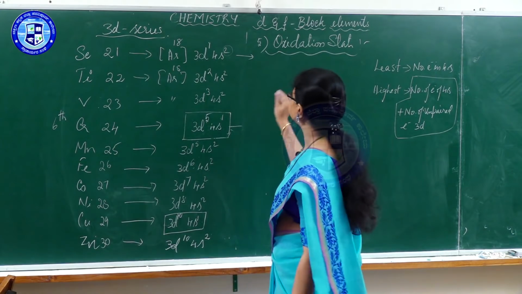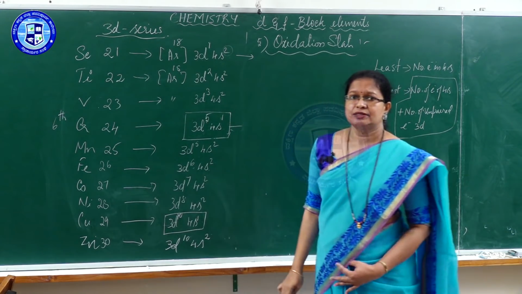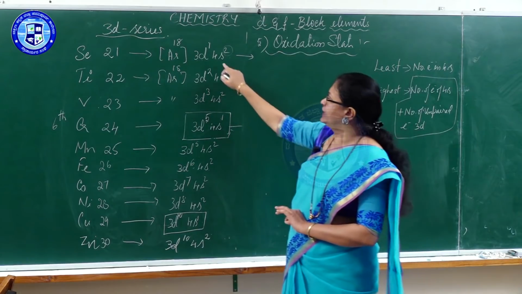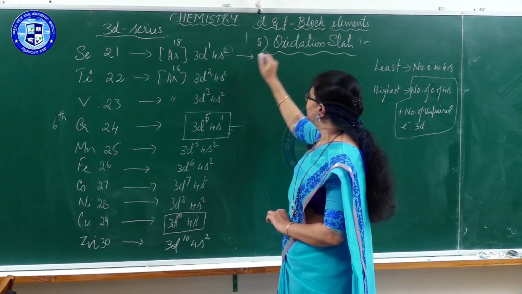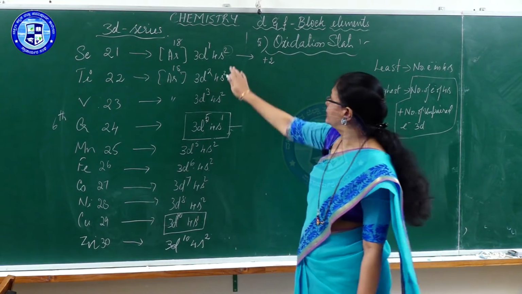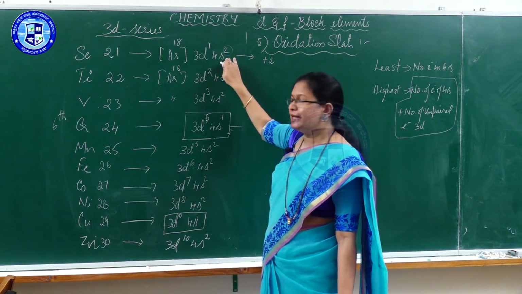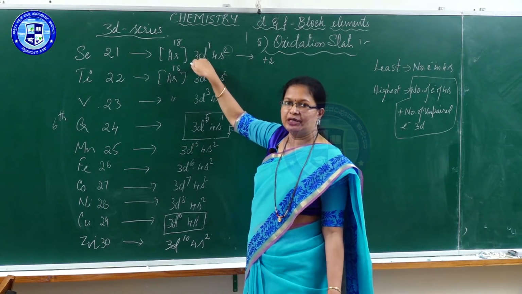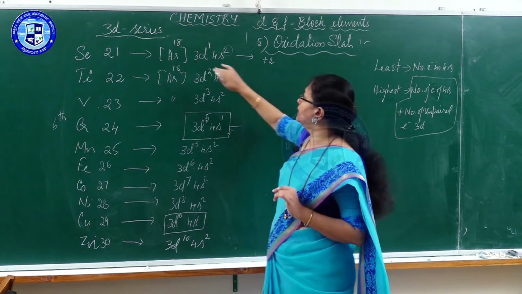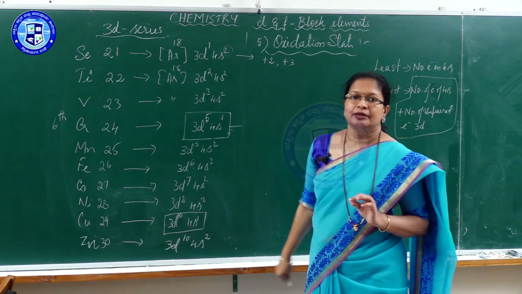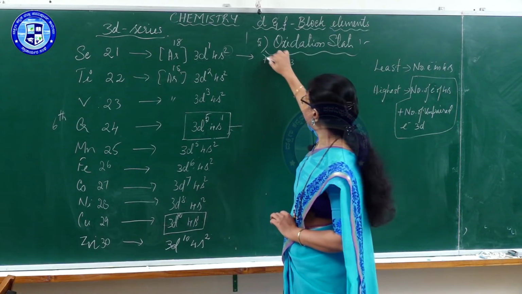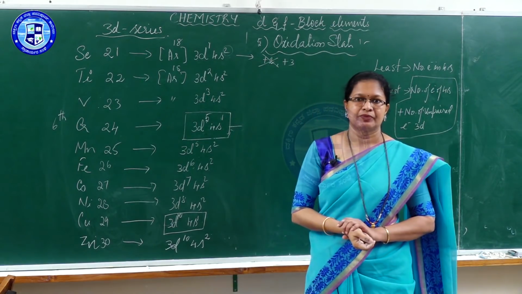Let us check this. In case of scandium, what should be the least oxidation state? Number of s electrons, that is 2, hence it will be +2. Highest will be the number of s orbital electrons plus unpaired electrons in the d orbital. How many unpaired? It has only one electron, that also unpaired, therefore it should be +3. But you must remember here, scandium does not exhibit +2 state.